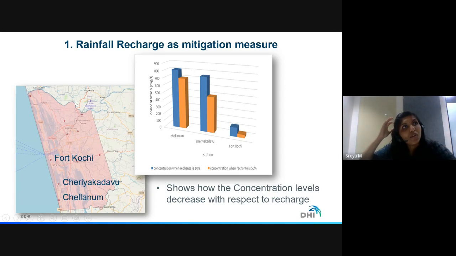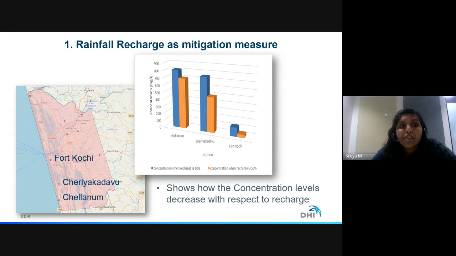Here, the water being used is from the water department only, they supply the water. So if every house starts rainfall harvesting and uses it for recharging the aquifer, it was seen that the depletion of the aquifer can be improved, and more water will be available for the use